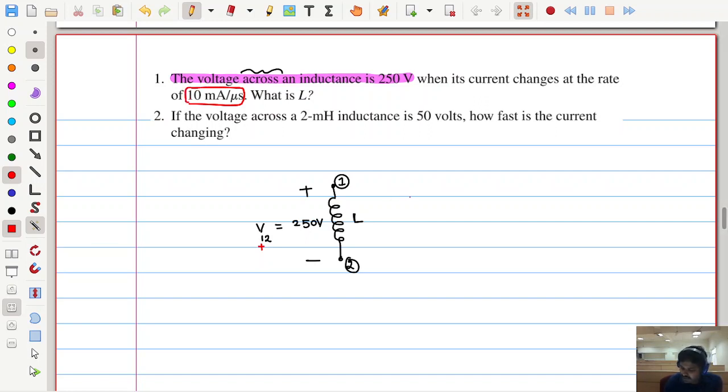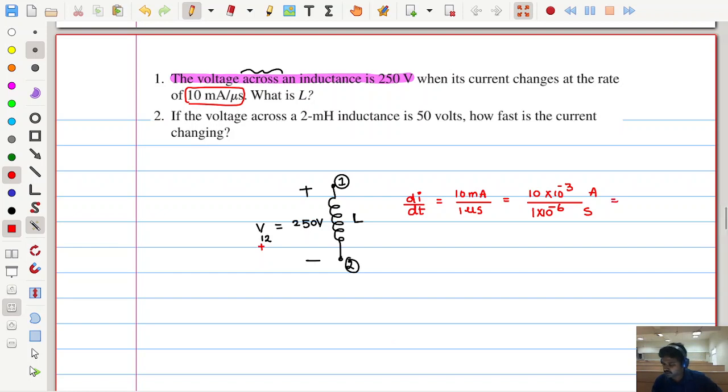What does it mean? So the amount of the current change is di by dt. How much current is changing? 10 milliamperes for how much time? 1 microsecond. So try to make these units into SI units, simply remove all prefixes. Write this as 10 into 10 power minus 3 amperes divided by 1 micro, which means 1 into 10 power minus 6 seconds. So amperes per second.